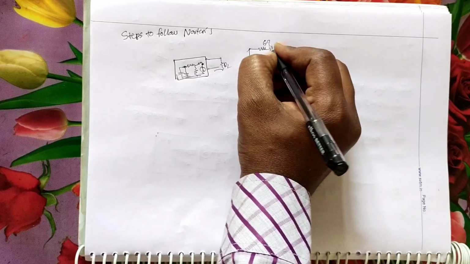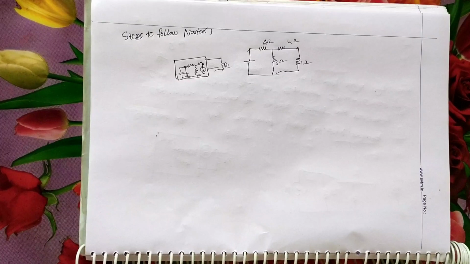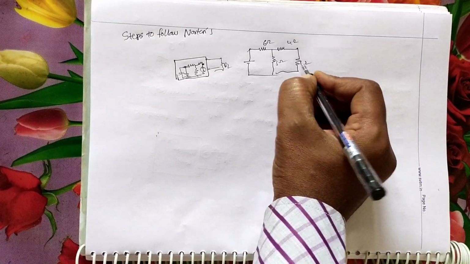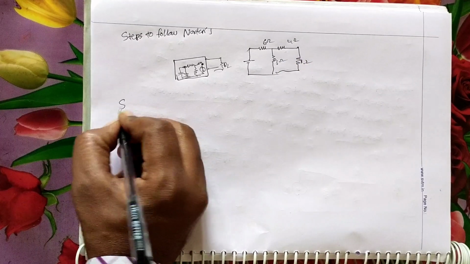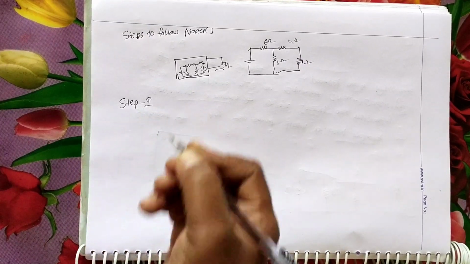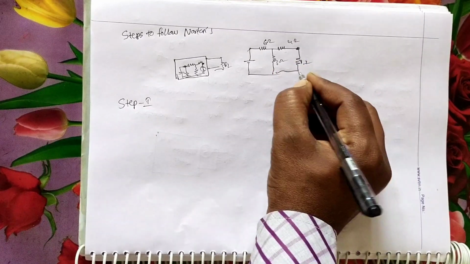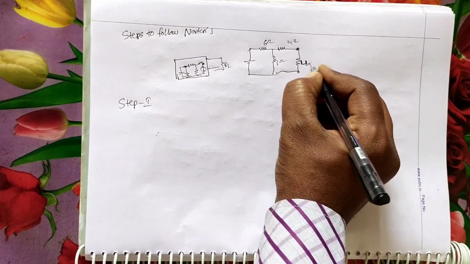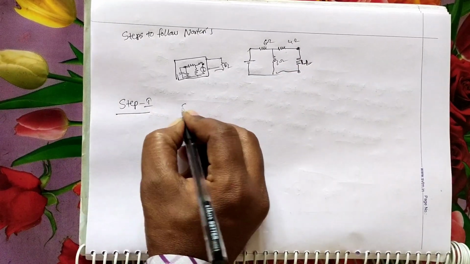Assume that it is 6 ohm, 4 ohm, 3 ohm and 1 ohm. If it is like that, current through 1 ohm, or current through 4 ohm, if you want to calculate. First step, step 1, is short circuit across the terminals A and B. Suppose if you want to calculate current through the 1 ohm resistance, we have to do the short circuit. That is step 1, short circuit